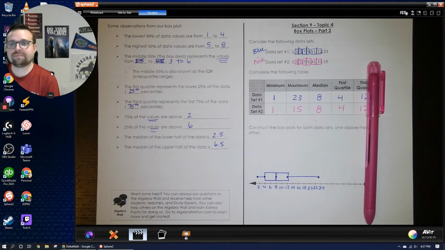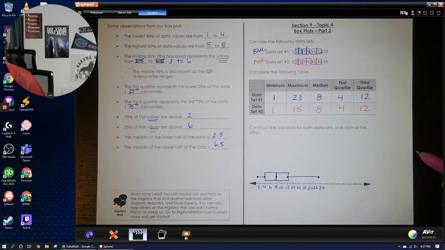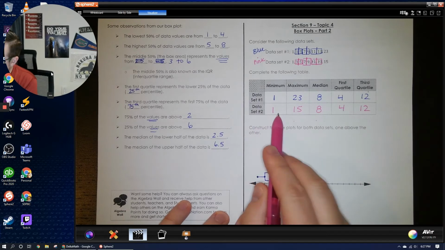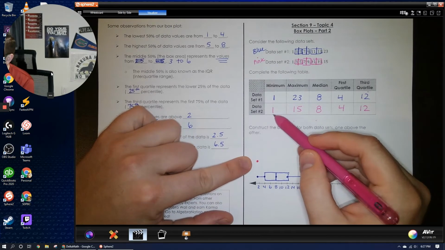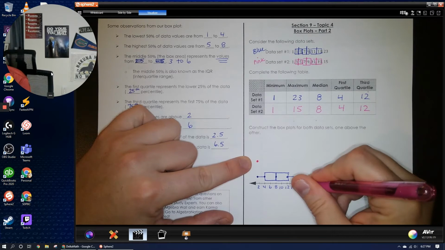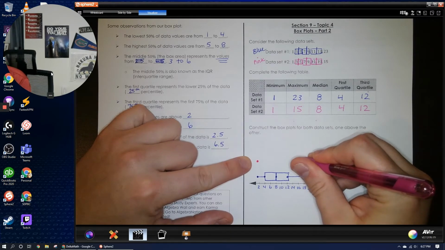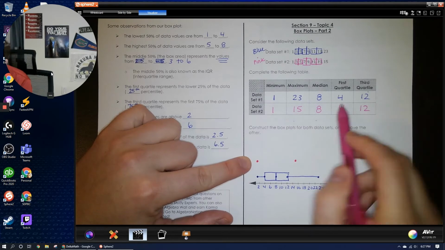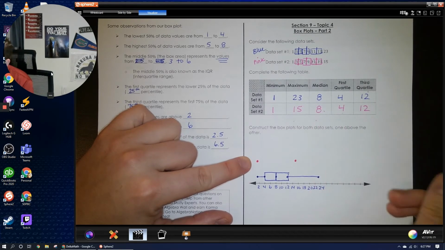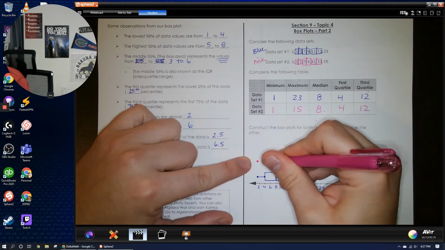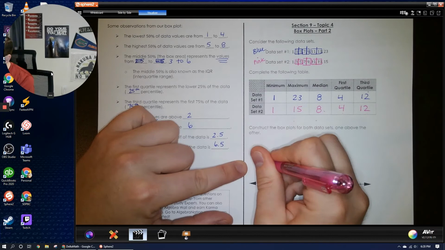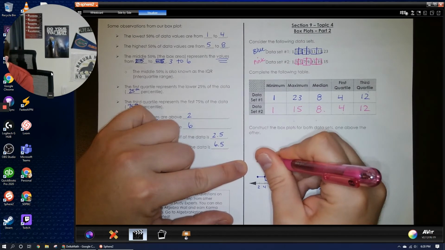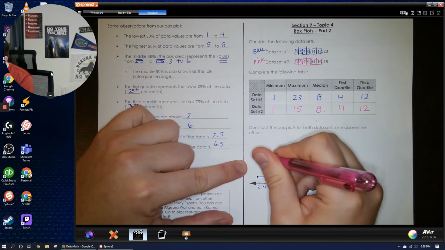Okay, so we're back. Let's go ahead and look at data set 2. Our minimum value is 1 again, so I'm just going to come a little higher than the first one and put my minimum for data set 2. My max is 15, so 15 is going to be here. And I have the same median and quartile values, so I can just kind of trace these up here. Here we go. Connect the first two, connect the last two, make a box with these, and draw a line